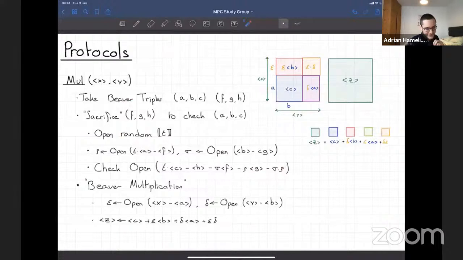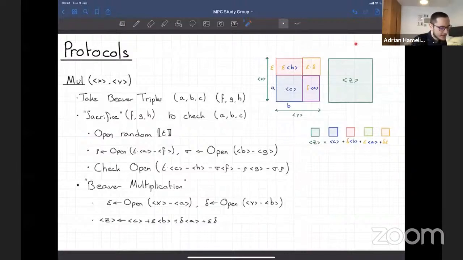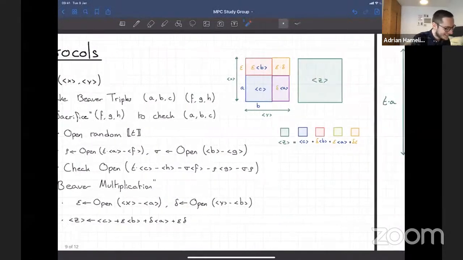Formally, you should stick to this formula. That's what I'm saying. Okay, thanks. But it's just like I saw this representation of the Beaver triples once, and I thought it was cool, and it helped me understand what's actually going on. So yeah, I think it's just a neat trick.